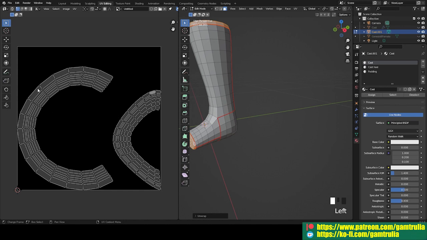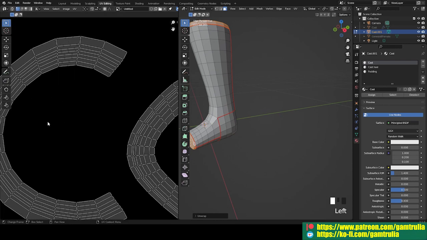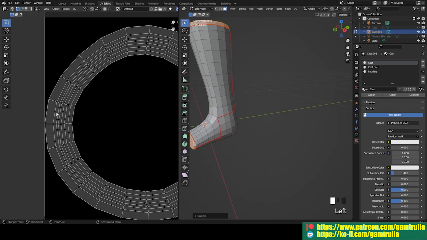Next, we need to turn this round C shape back into a rectangle. How are we going to do that? Simple. Find one of the polygons, click on 2 vertices, scale Y0 so that it makes it horizontal, completely horizontal to the Y-axis,